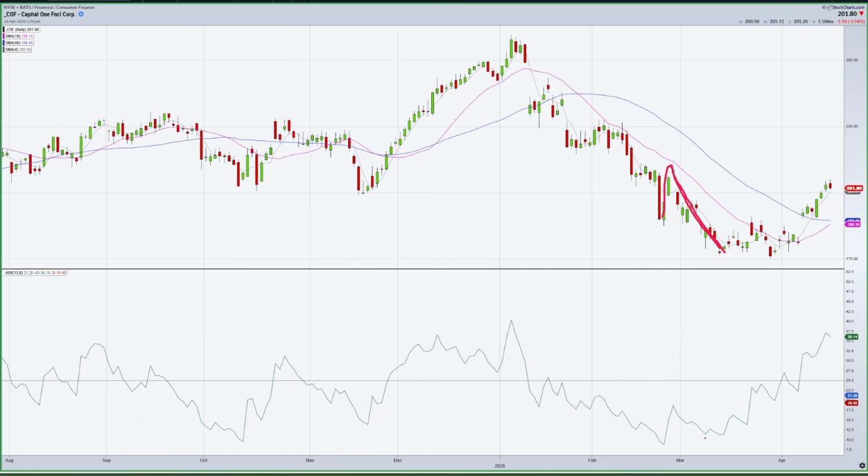All right, and if you notice, the buyers do not do that. The buyers are showing a little bit of resilience here, and they're starting to show up. They're starting to do a little buying. They're making a higher low when price makes a lower low. All right, so that's sort of the early